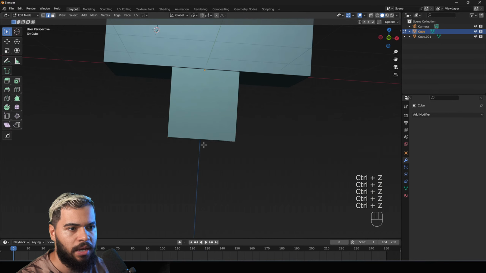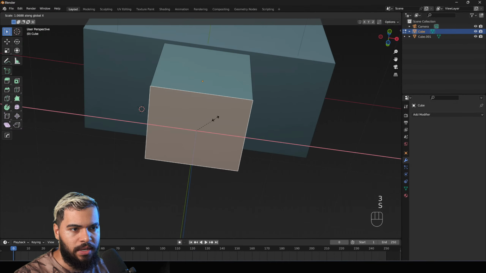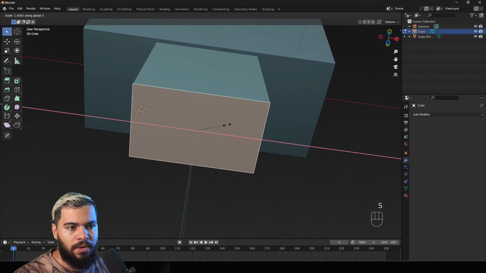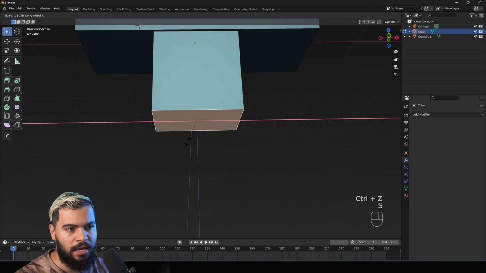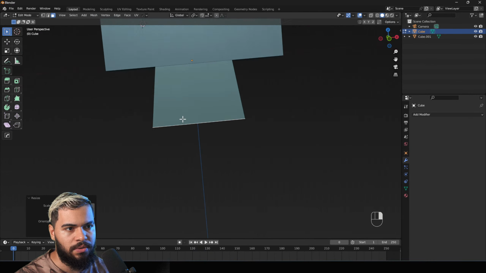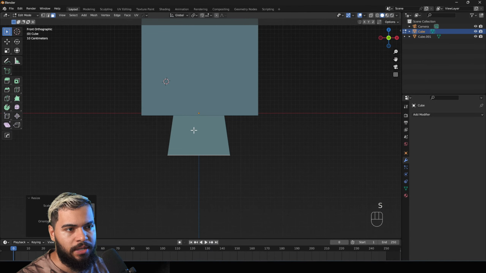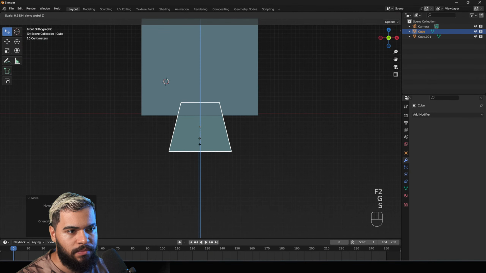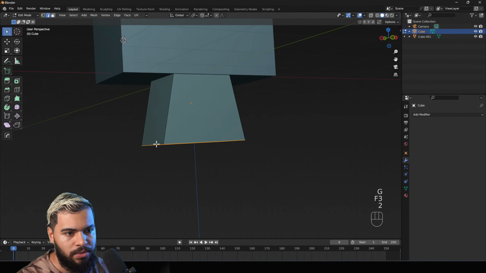Yeah, I'll select this one for now. Can you see below, S and X, and I will resize this side here. Just this one. Can you see? And now it's better, right? It's better to apply the bevel. For now, I'm resizing this object, and then I'm going to apply the bevel here.